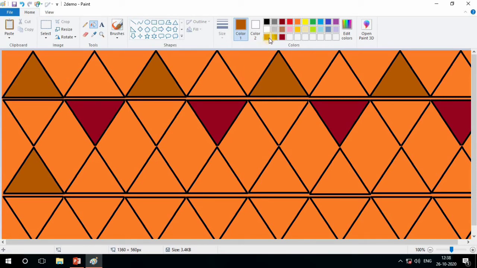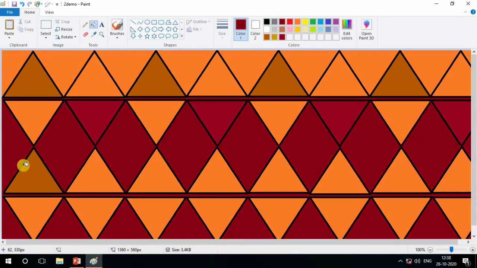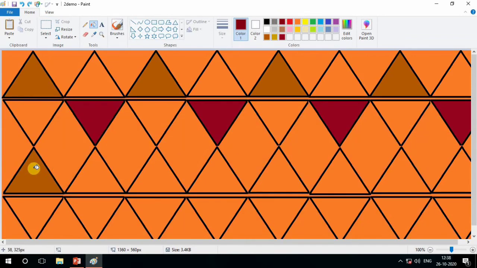Here we can fill it, sorry, not this color, but I think this shade, which shade we used here.